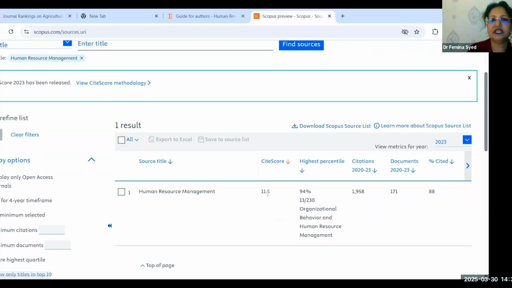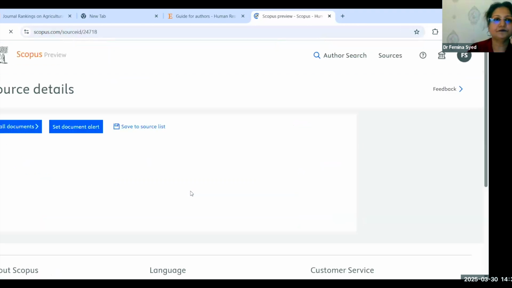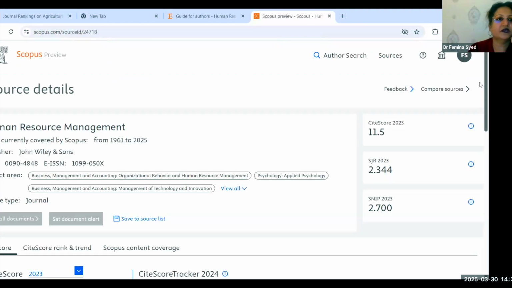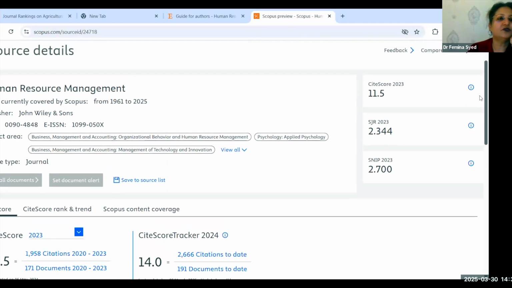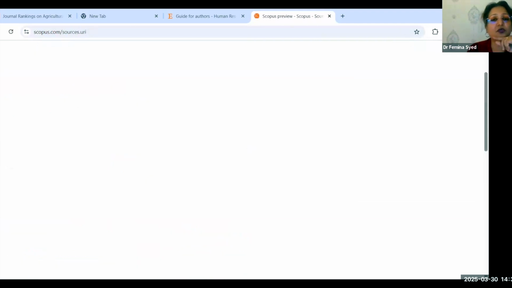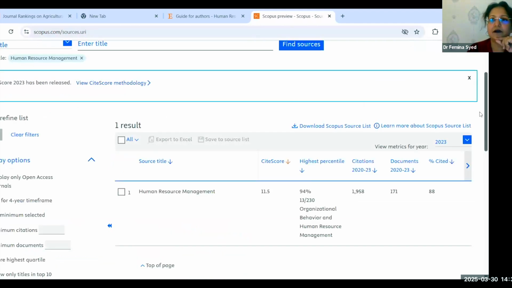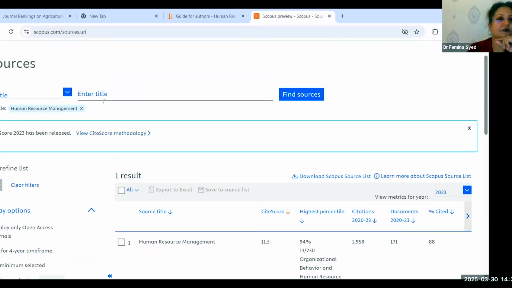Here, citation score, we can see 11.5. So click on this. See all the details. Human Resource Management is different from Human Resource Management Review. That is why the citation score is different. Okay. Let me search for Human Resource Management Review.